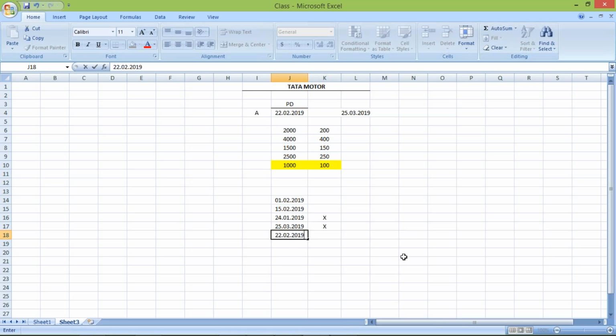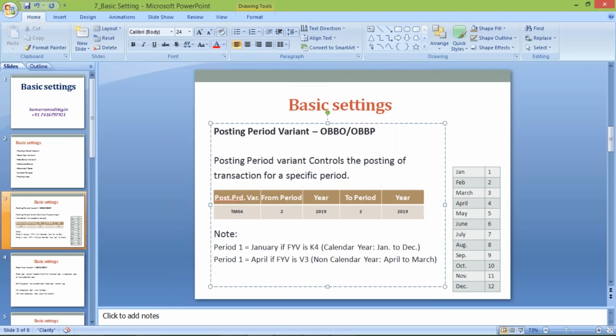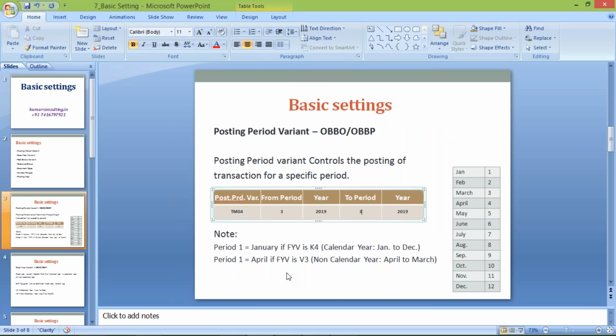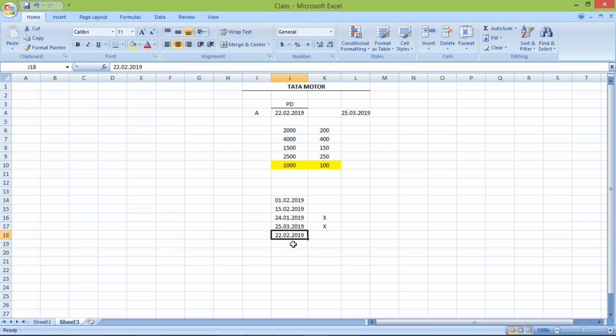2019. But since we are in March month, what is happening, guys? Management is going to change the period, and here the period will be March month is open, from period 3 and to period also 3. It means March month is open. Okay. So once the March month is open, then what will happen? This guy is going to give a period. This guy is going to give the posting date